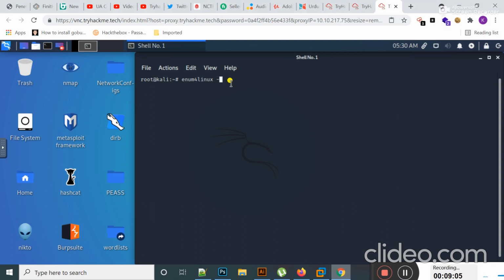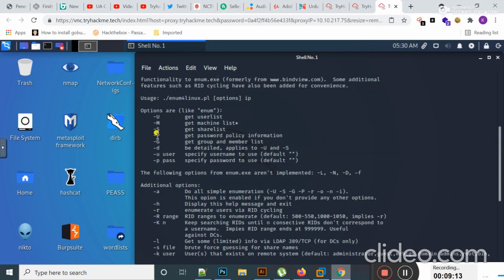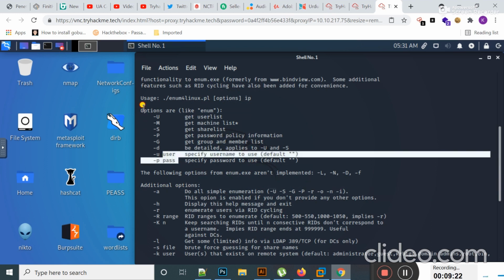Then I will use a hyphen. If I type -h here, you can find all the details about this tool. Now guys, I should use the -a switch. You can see that this will do all the simple enumeration. It includes all these options.